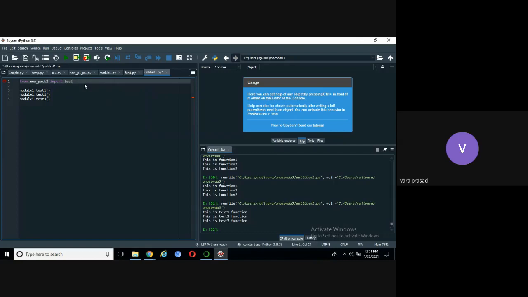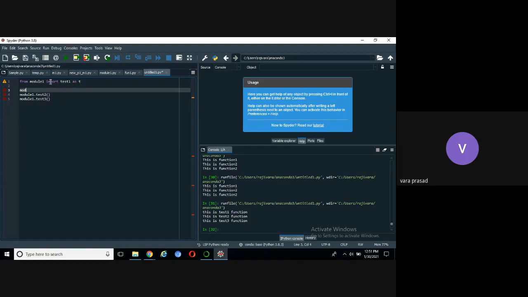From module one import fun, test one, context one as d.